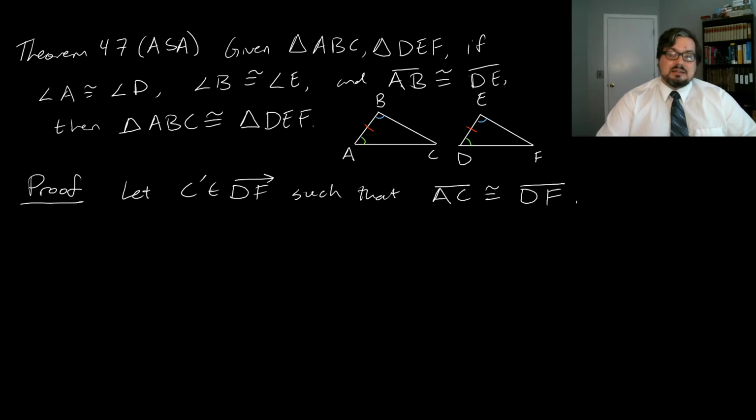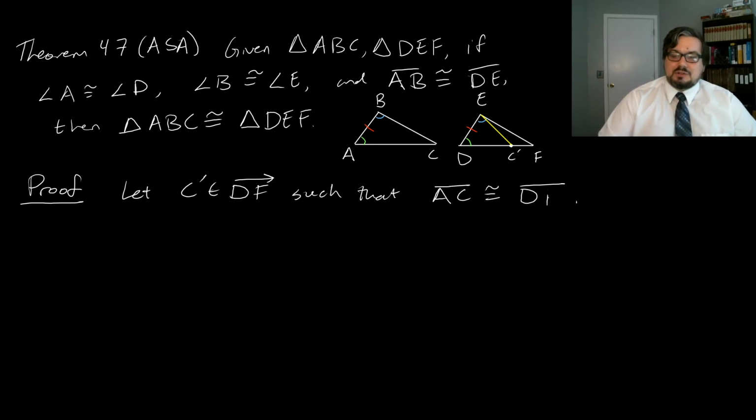But let's see why that has to be. So the way to see why that has to be is to try constructing a situation where it isn't and see what goes wrong. So what would happen if the point C prime, such that made AC congruent to DC prime,